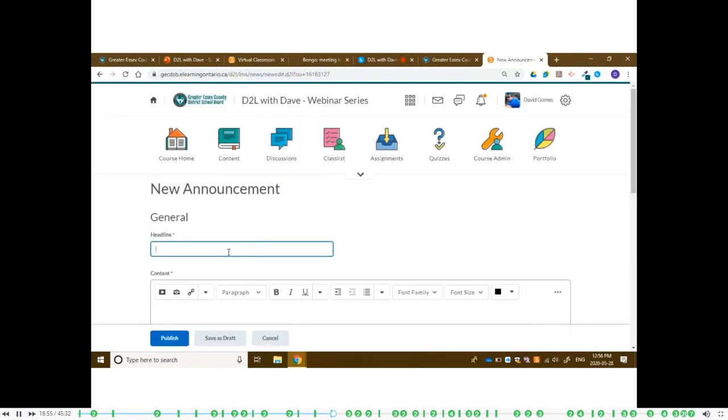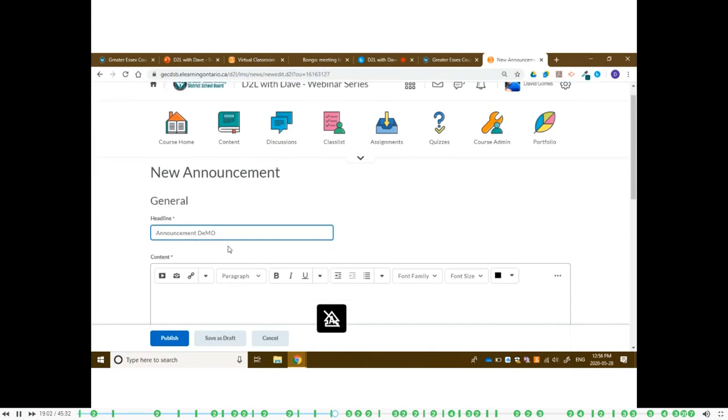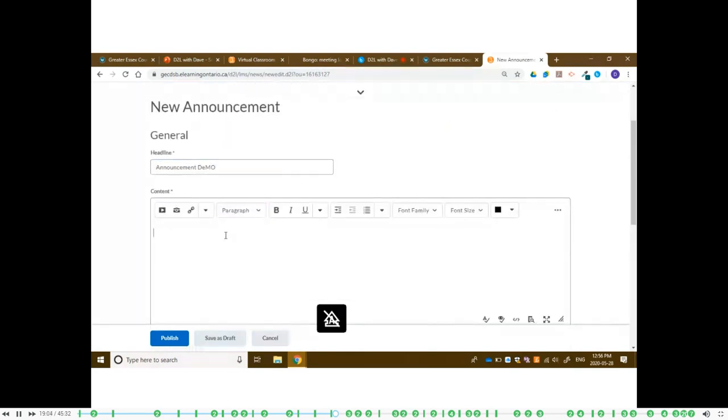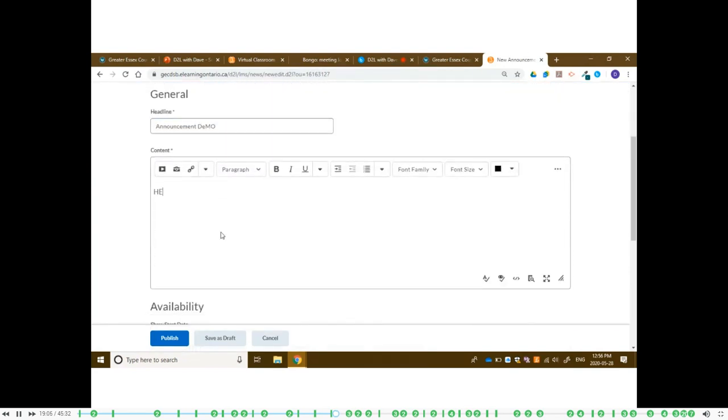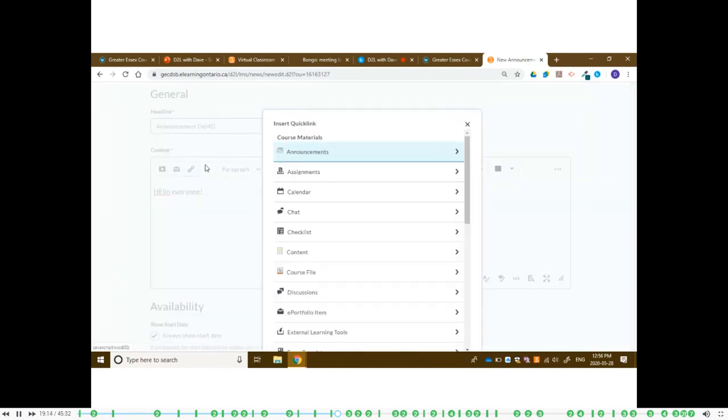And there's one feature I really want to show you here. I'm just going to give this a title, announcement demo. Come down into this, and this is a rich text editor, so I can put hello everyone. I can change the font, change it bold, whatever I want to do. I can load in links if I want inside here, but the important link that I want to add in